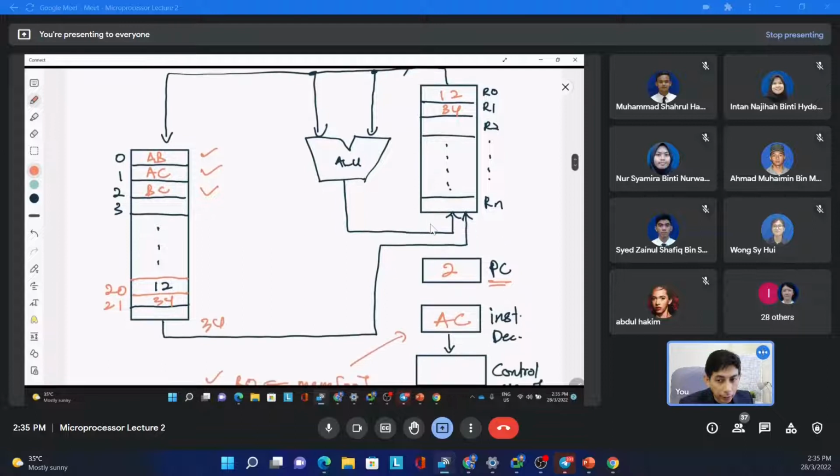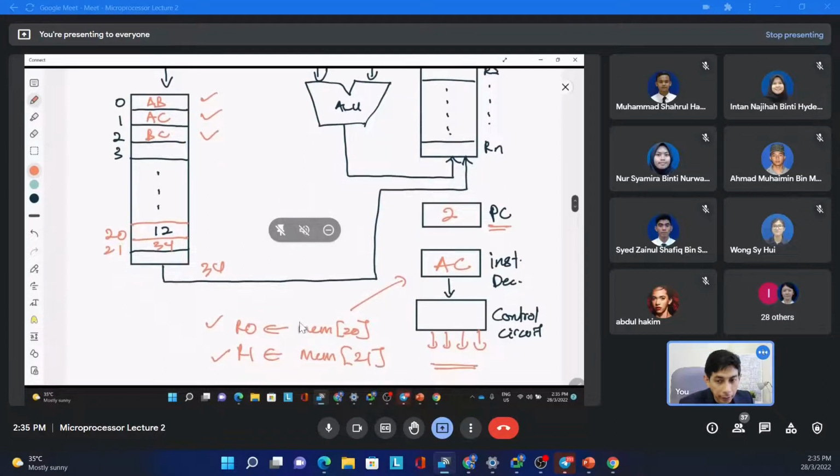So for example, the first instruction is to get the data from memory 20. So the control signal will activate the memory location 20 here,